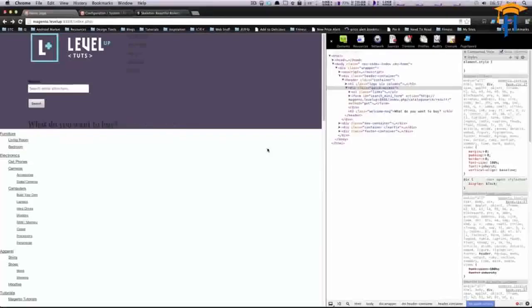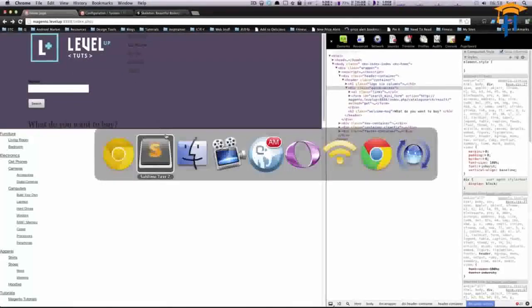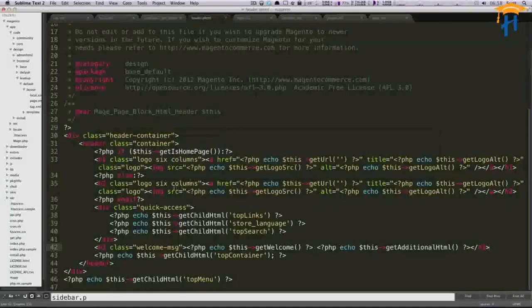I'm going to refresh. Okay, this looks sort of crazy now, but this what do you want to buy is right here. We can put this wherever we want now. This stuff sort of doesn't know where to go because of how this is floating. But let's give this the HTML classes it needs, and it will push in the right spot. So we want this quick access to have a class of 6 as well, because we want it to be 6 columns wide. So we'll say 6 columns, and then we'll say